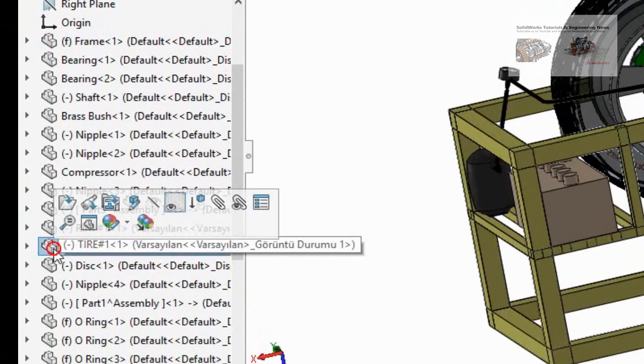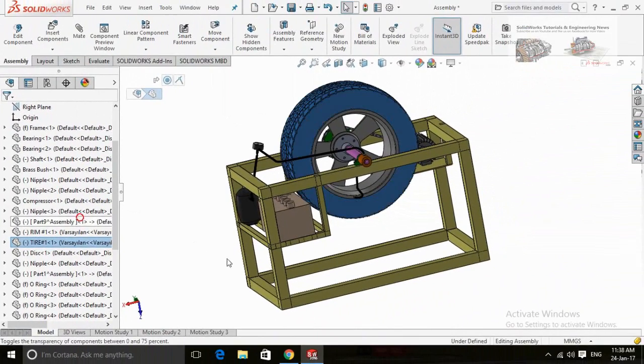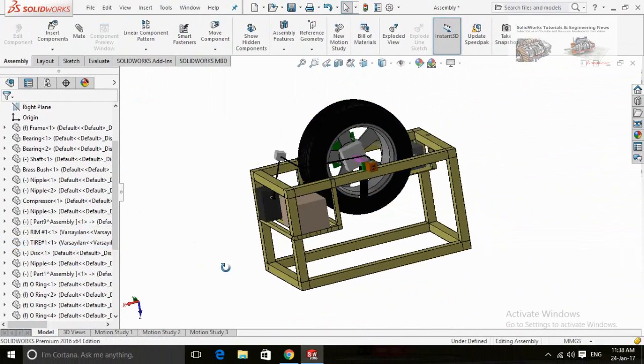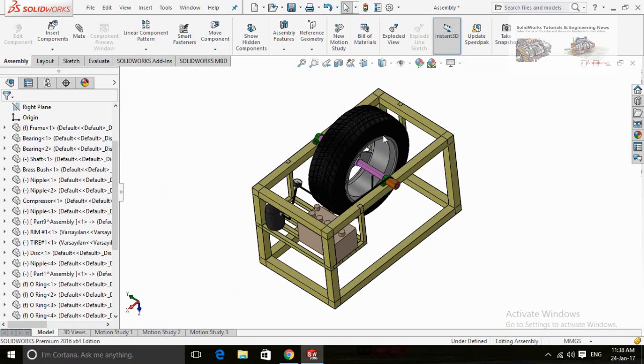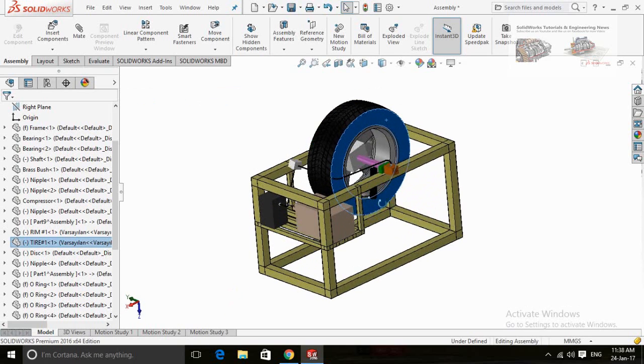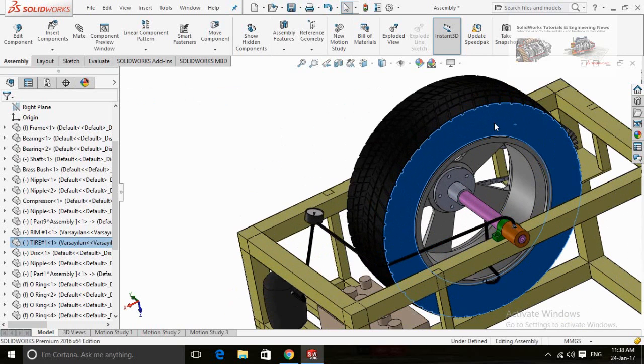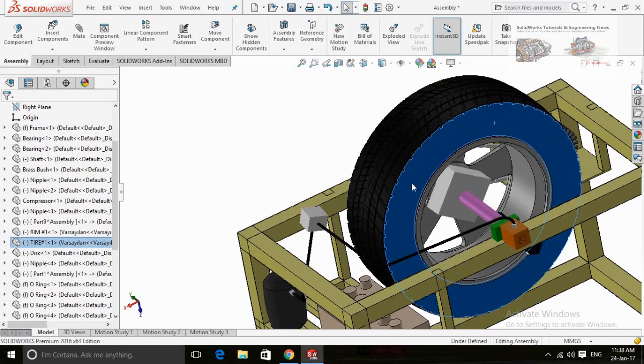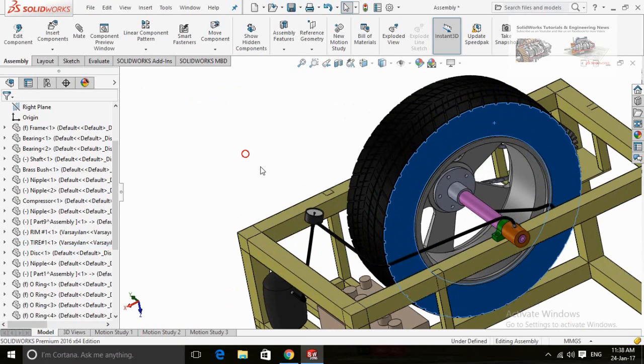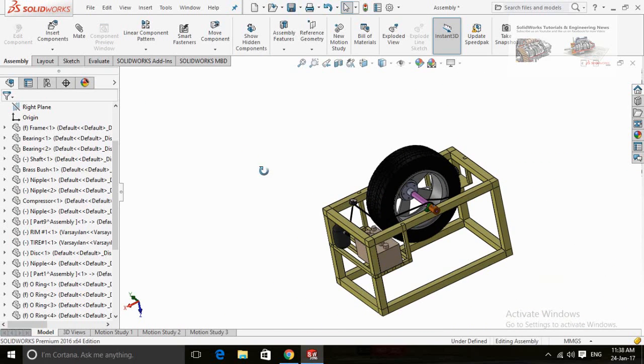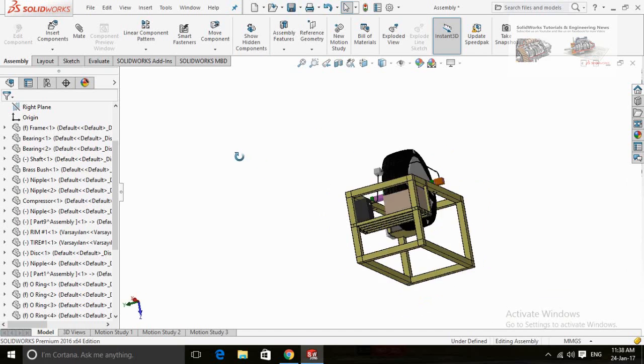You can also change transparency from this portion. In a fully defined assembly, you can move or rotate only those components which are not fixed.